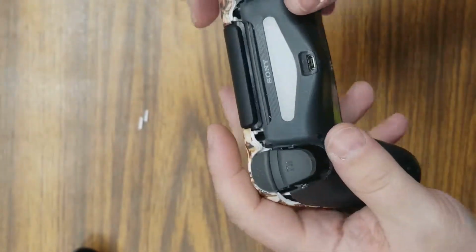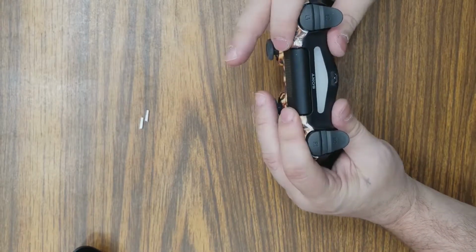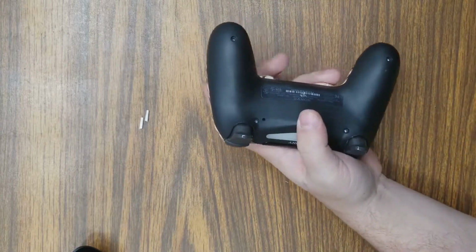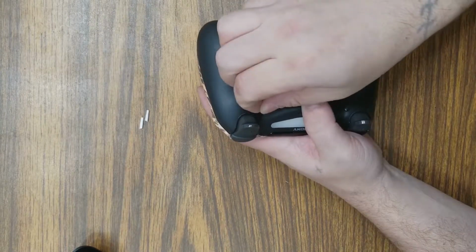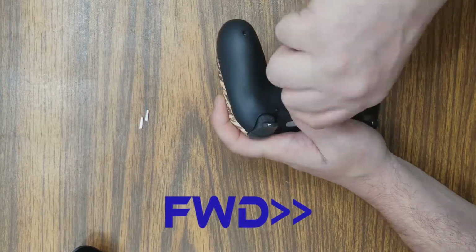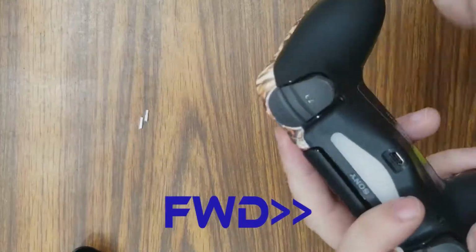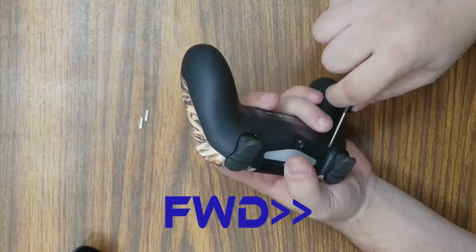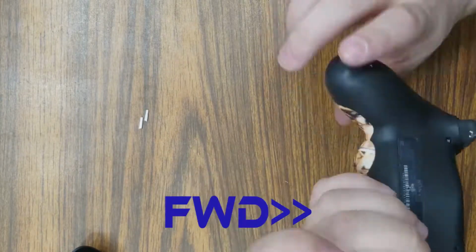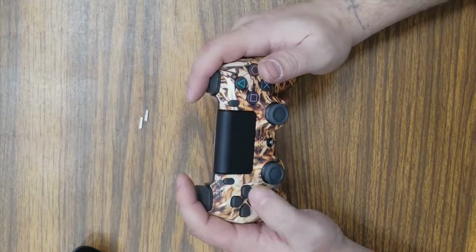Okay, so that strip's in there. All I have to do now is put the back shell back on, properly seated in there. Looks like it went on pretty good. We're going to attach the screws. Make sure they line up properly. So this, again, you want to test your buttons, make sure they